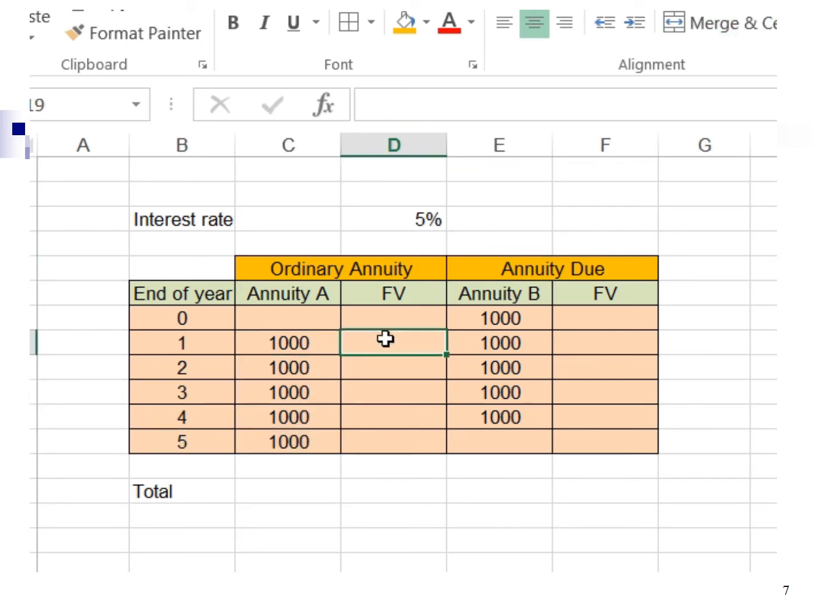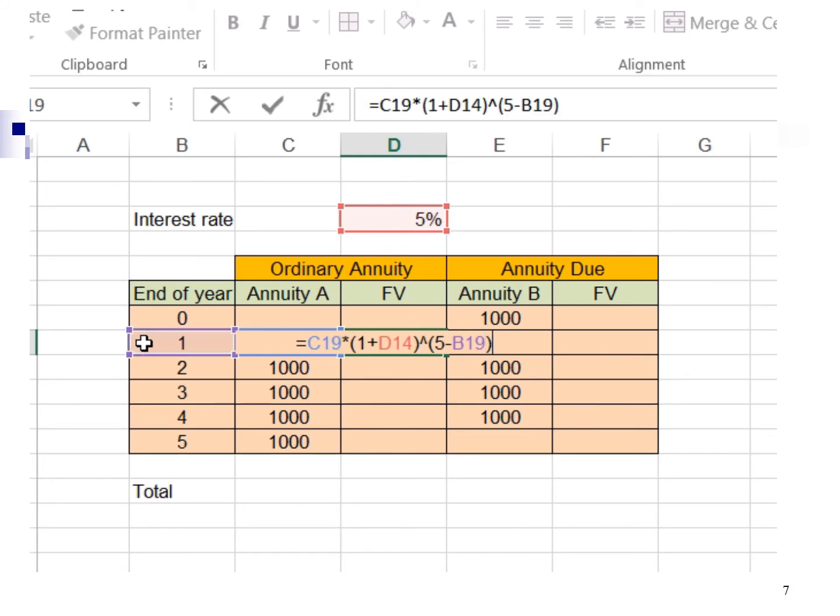I'm going to type equal 1000 multiply open bracket 1 plus interest rate close bracket power of open bracket 5 minus 1 close bracket. The reason I type 5 minus 1 is because the first cash flow occurs at the end of year 1. There are 4 years to earn